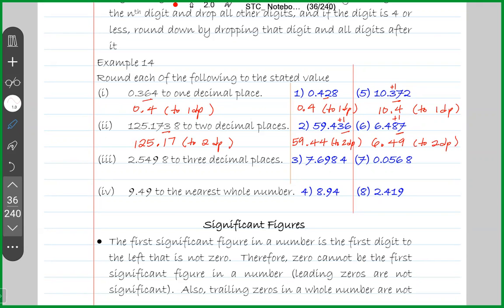For the next row, I'm going to round the 3 numbers in that row to 3 decimal places. If I'm rounding a number to 3 decimal places, I must consider the digit that is the 4th decimal place. So the 4th decimal place is that digit, the one I just underlined. If the digit I'm considering is 5 or more, I must add 1 to the digit before it. The digit I'm considering is an 8, so I'm going to add 1 to the 9. When you add 1 to 9, you get 10. 10 is 2 digits, so you can't put down a 10, you just put down a 0, and then add 1 to the 4, making my answer